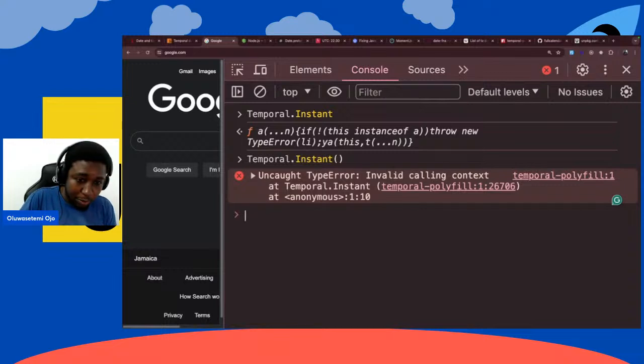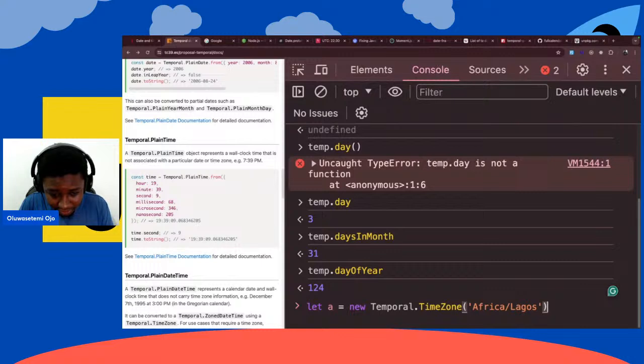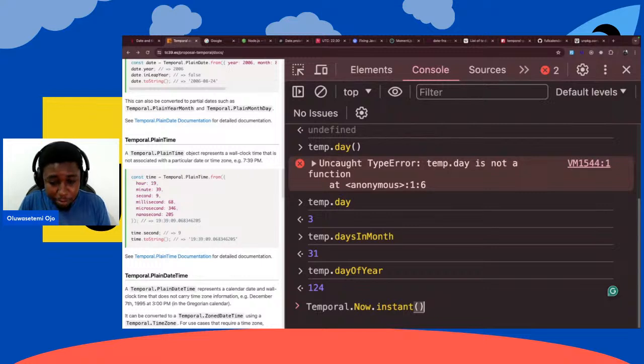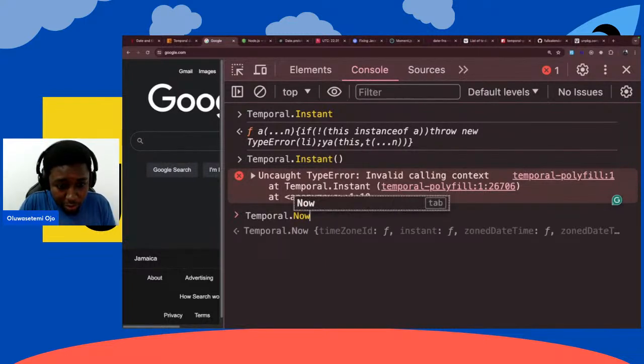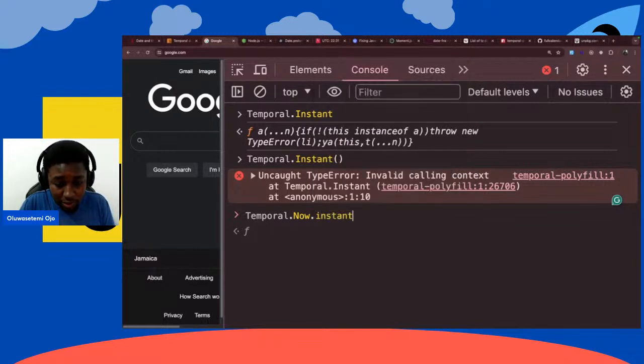How do we use Temporal.Instant again? I forgot it. I did it earlier. Temporal.now.instant. Okay, Temporal.now, right, dot instant. So this should give us